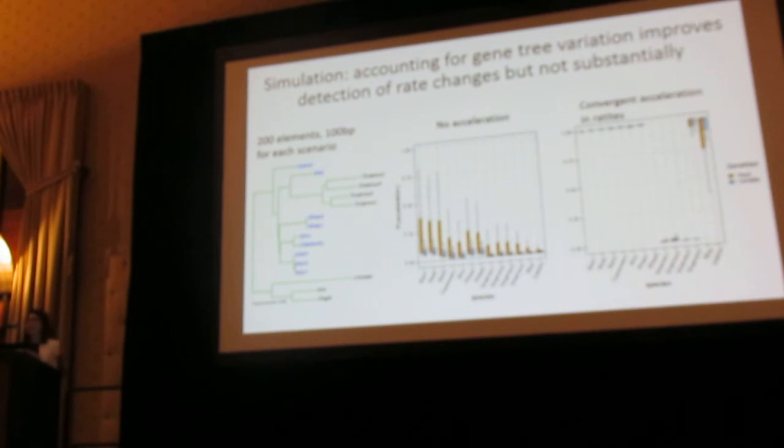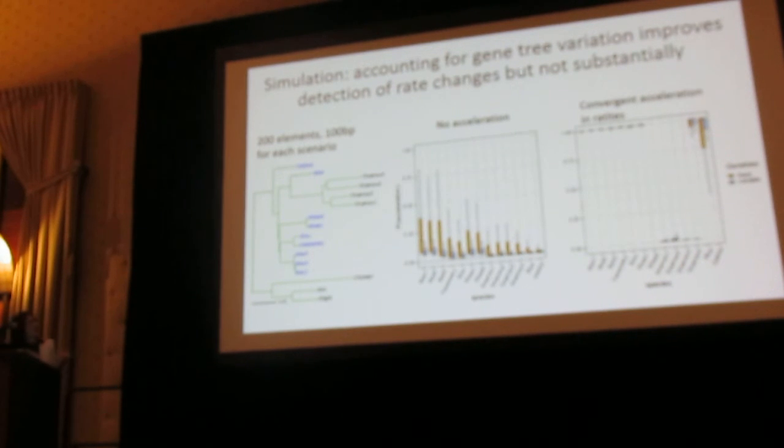And then we did some simulation studies. So we simulate elements with no acceleration, and here is the result. The x-axis is the species, and the y-axis is the posterior probability on each branch. So for this simulation study, we want to test if our method can recover the true substitution